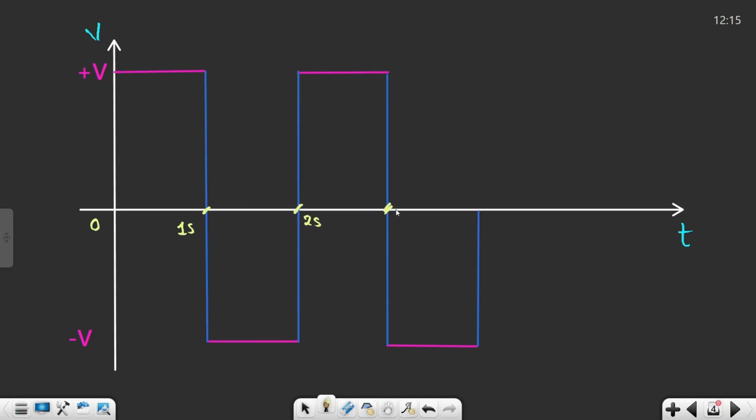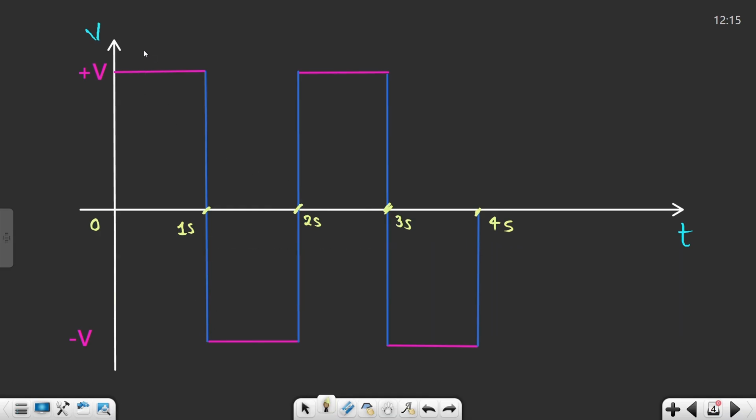From 2 to 3 seconds we are getting a certain positive voltage, and from 3 to 4 seconds again we are getting a certain negative voltage. This kind of signal is known as an AC signal, and as you can see, as my time is increasing from 1 to 4 seconds, the voltage keeps on